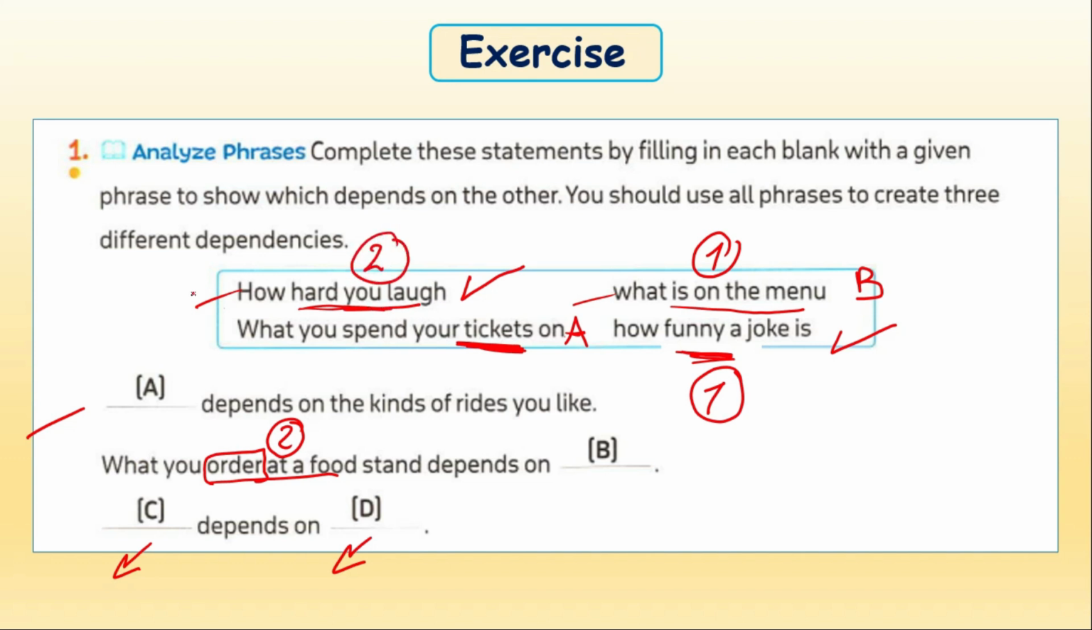تمام يبقى السكند اكشن ده depends on the first action. تمام يبقى السكند اكشن اللي هو how hard you love ده هو هيكون C. اوكي depends on the first action بقى اللي هو how funny a joke is، يعني دي كده هتكون D. اوكي فانت بتحدد first action و second action عشان تقدر تحدد مين اللي هيجي في الاول ومين اللي هيكون dependent on the first action او independent. اوكي